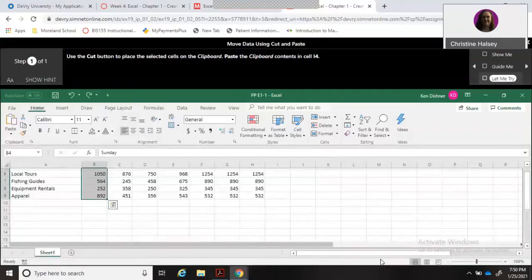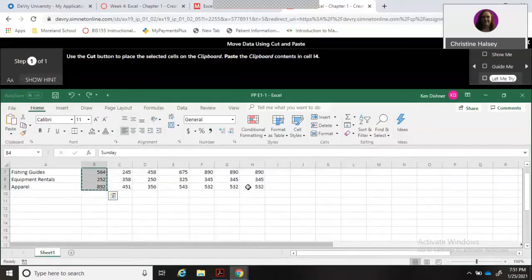So we use the cut button to place the selected cells on the clipboard, and then we're going to place it in I4. So what we're going to do is cut this that's here and move it over to here. All right, so I'm going to cut first, and then I'm going to come over to I,